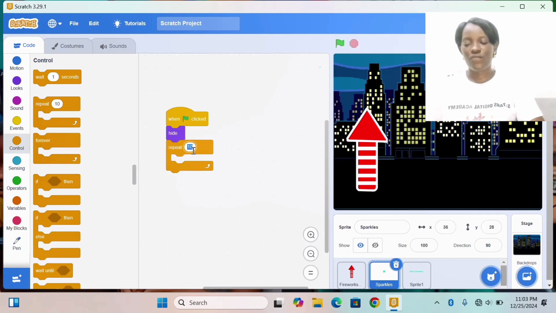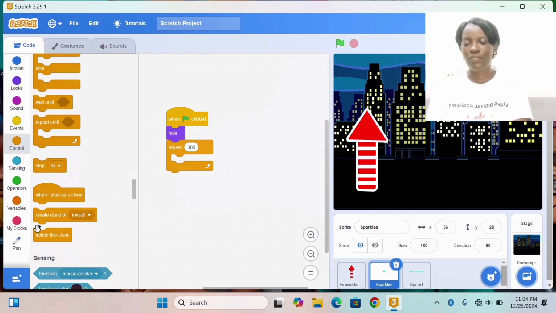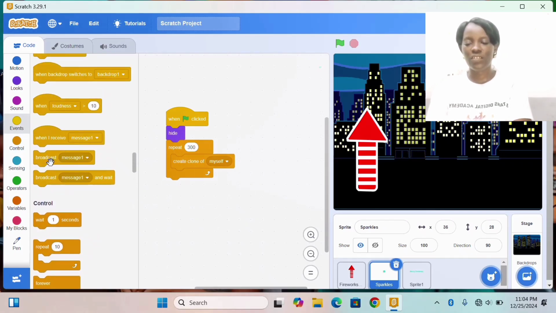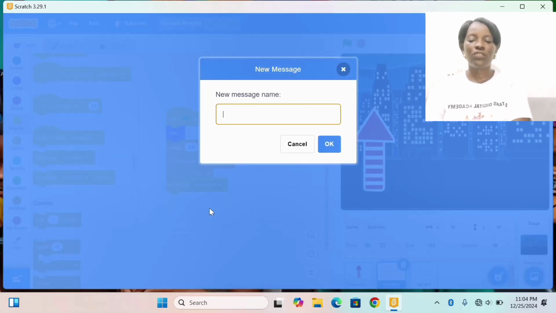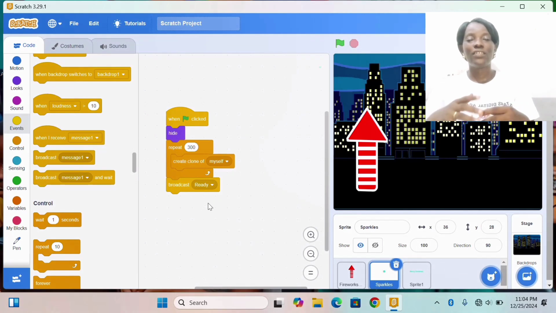clone itself. How many times? 300 times. So we'll go and look for create a clone of myself 300 times, and afterward it will now send a broadcast message, and we call this broadcast message ready. We'll call it ready. So it will broadcast message to the fireworks, telling the fireworks that it is ready for